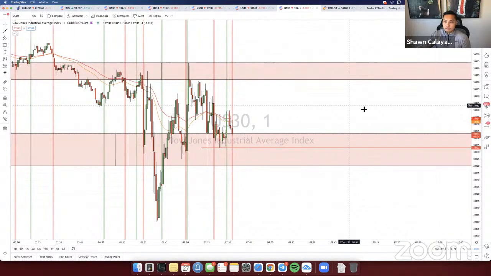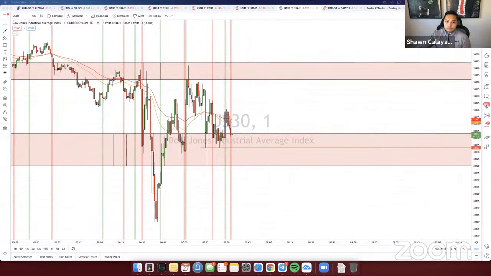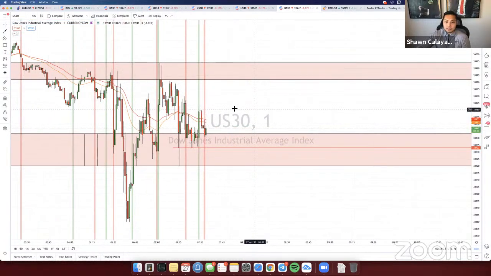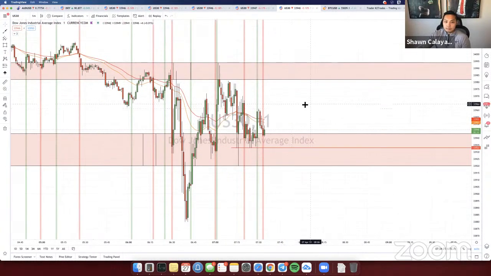All right, so we got that sell signal right there. I'm trying to wait for it to close. All right, so it's dropping back down right here. Let's wait for it to drop. Oh yeah, come on. Just need a big drop. Not even a big drop, but maybe a small drop. Let me see how many pips do I need. Yeah, give me 20 points or 200 pips. Just give me 20 points or 200 pips, a drop, and I'm good. And then I can leave you alone, US 30. See a small little drop, dude.